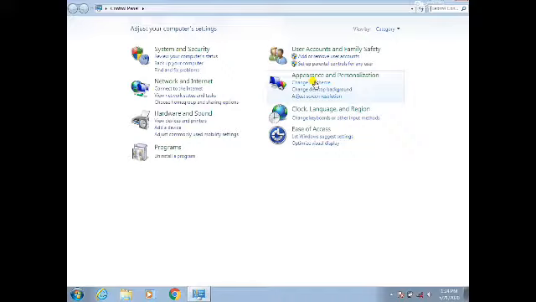Changing themes. If we want to change the theme of the operating system Windows 7, we need to click this option here. So I will click here.